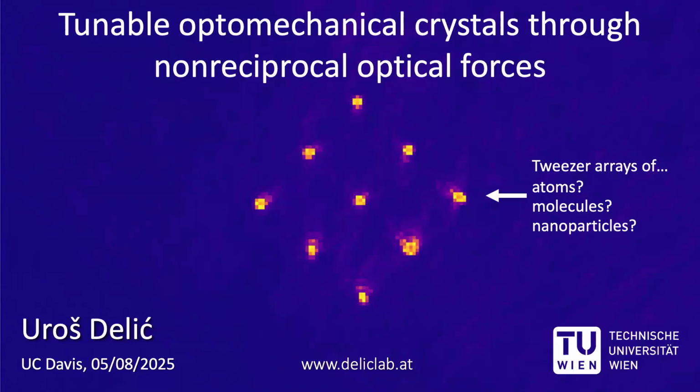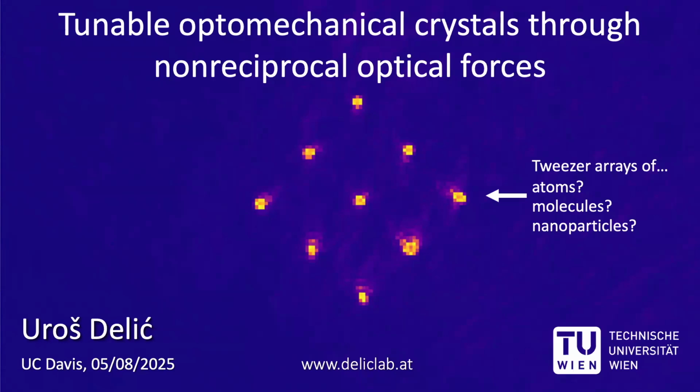We chose nanoparticles because they scatter a lot of light, so we can detect them easily on cameras and with homodyne and heterodyne detection. They also don't move a lot because of their mass, but in principle, all of these studies could also be transferred to other fields. And because Marina asked me to give a bit of a historical overview of the field,